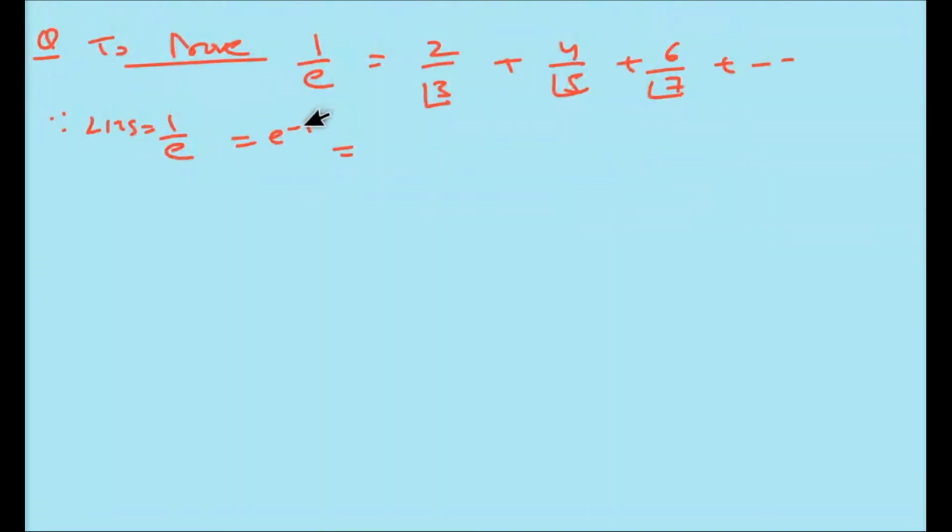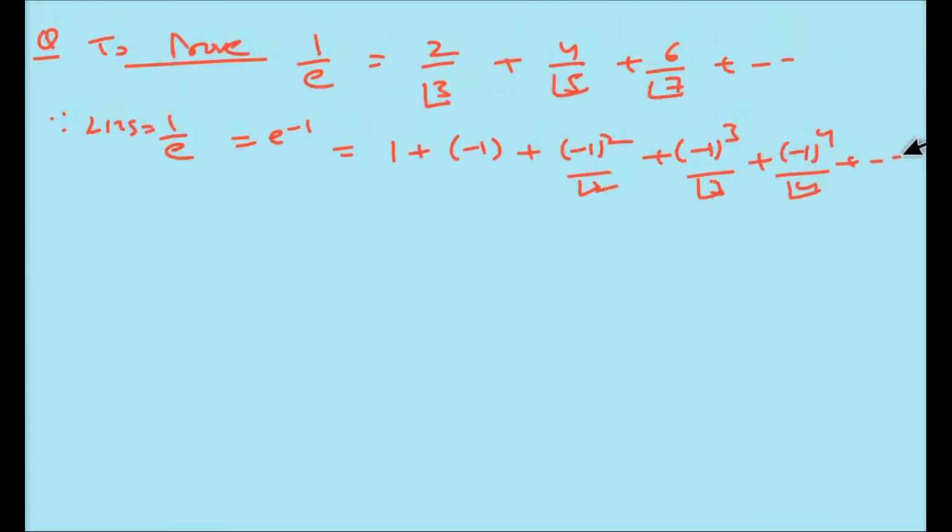Here e to the power x, what is the value of x? Minus 1. So we can use 1 plus minus 1 plus minus 1 square upon factorial 2 plus minus 1 cube upon factorial 3 plus minus 1 to the power 4 upon factorial 4 and so on. So what we get here? 1 upon e equal to 1 minus, we can write it